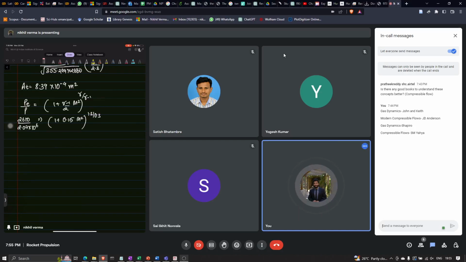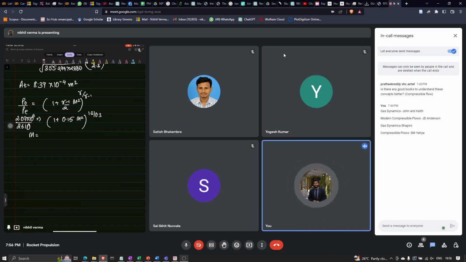One minute, it should be the other way around. This is P naught by P exit, 2.07 into 10 to the power 6 divided by 2610, to the power 0.3 divided by 1.3. So with this, the Mach number you will get as